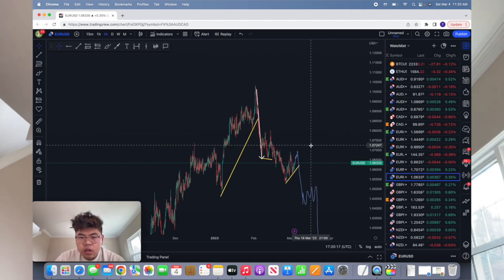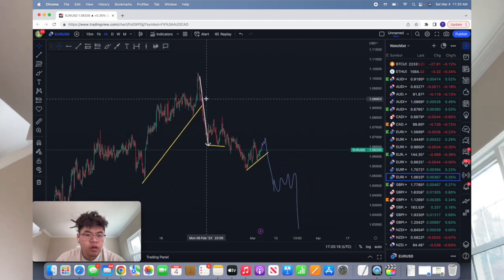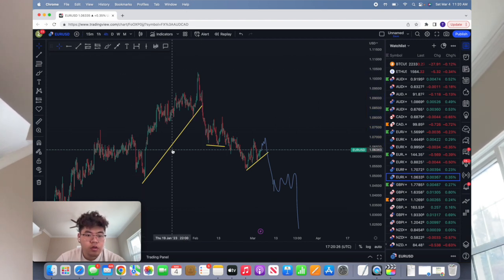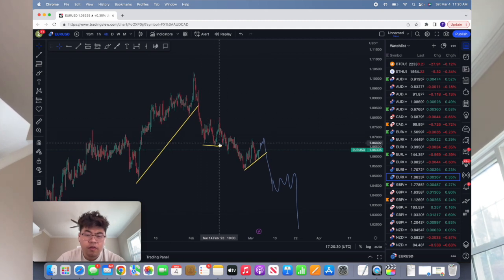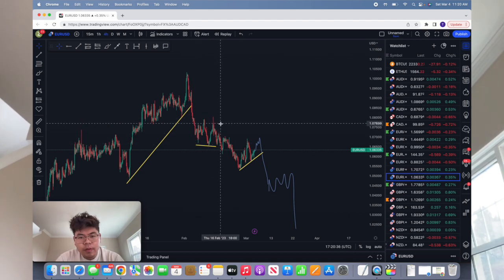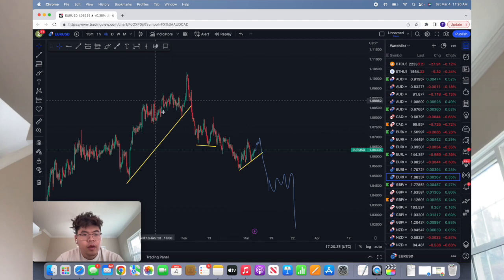Euro USD, waiting for commitment. Pretty sure. So what's going on here? What's going on right now is you have a line here, breakout, creating a flag. Not really a flag, it's just two touches. But you can kind of see an impulse, and then this is kind of considered a correction, continue to go down.